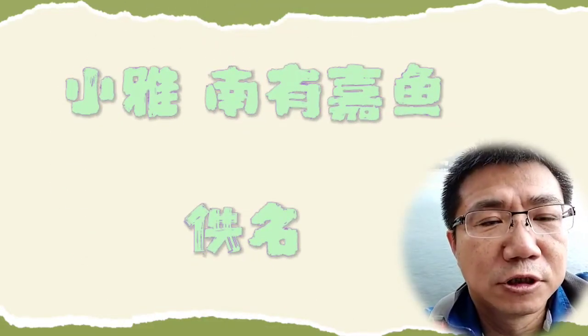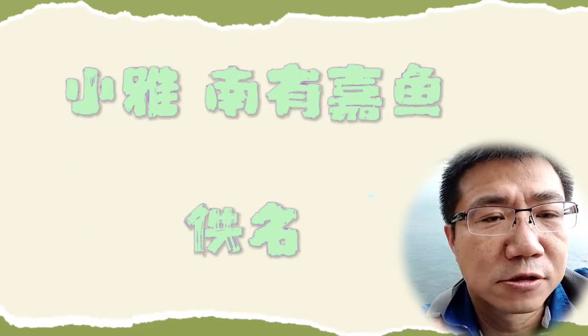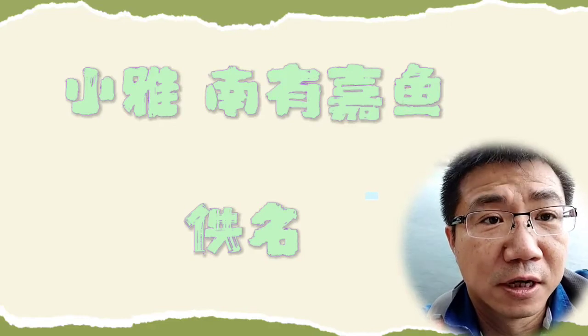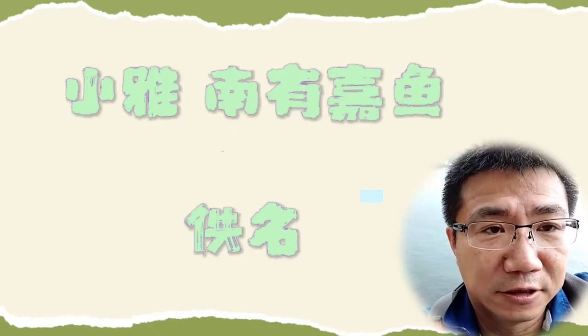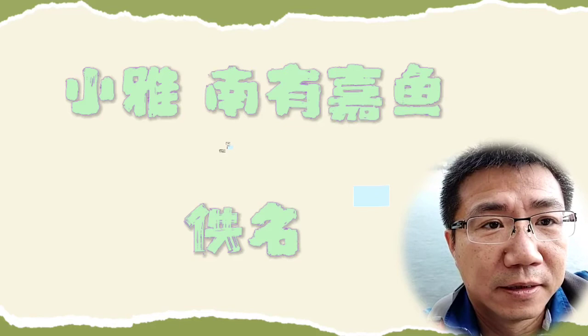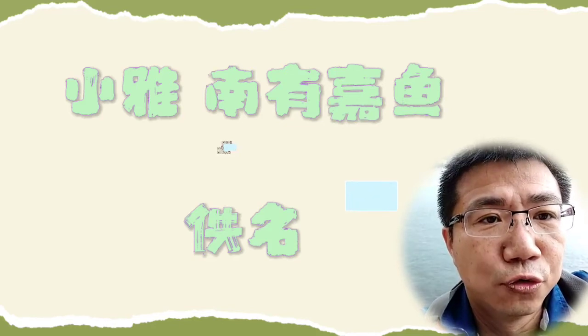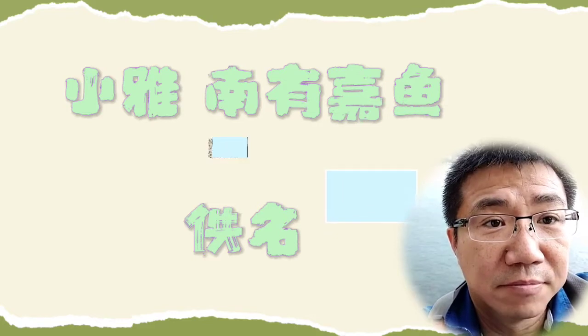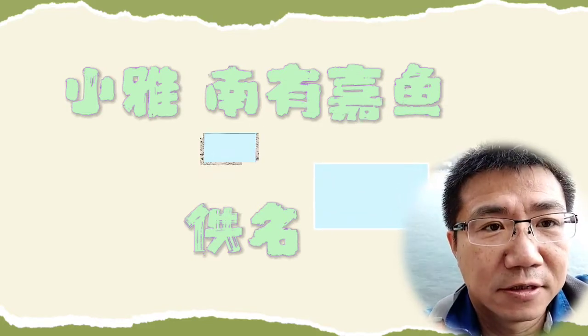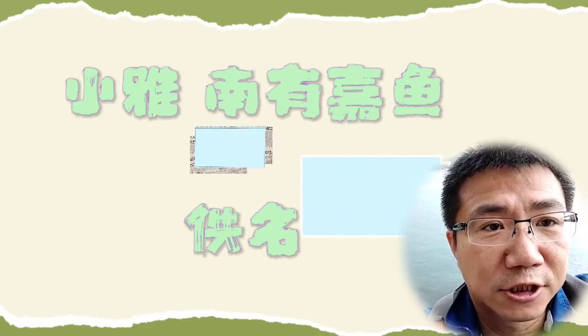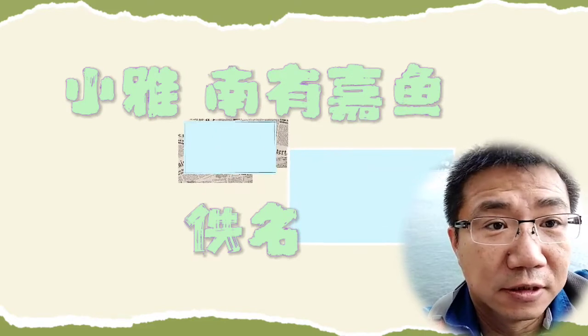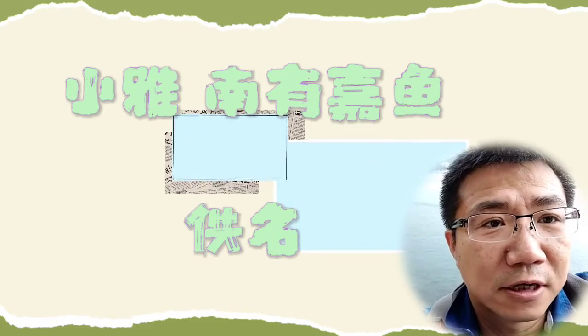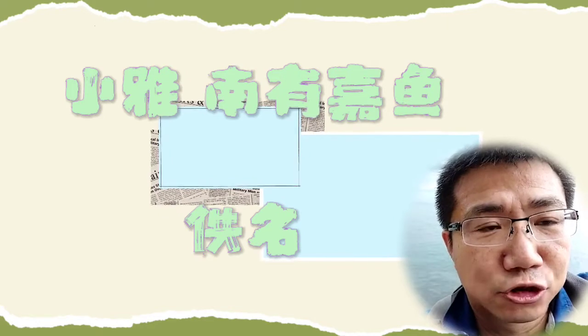Hello everyone, today's poem is Xiaoya, 南有嘉鱼, a Xiaoya poem from the Book of Songs. This poem has some specialty for two reasons. First thing first, this is a very, very important and popular song in the Zhou dynasty because this is one